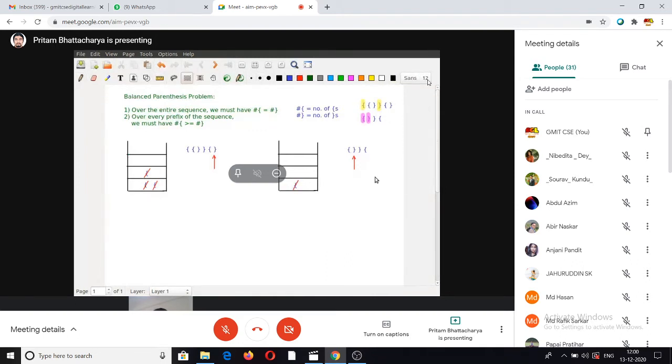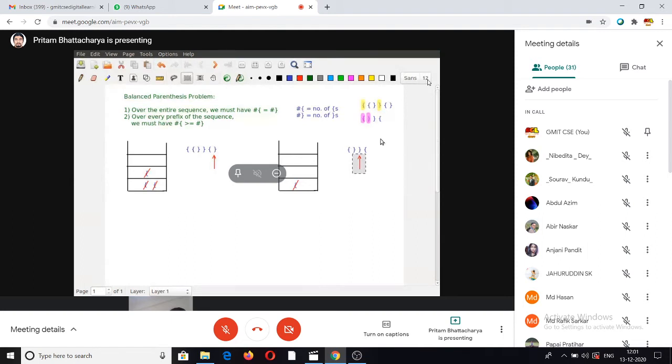Okay, and now something interesting happens. Once I move the arrow, I have seen another closing parenthesis. But when I go back and look at the stack, at this point, there is no opening parenthesis on the stack which I can pop. So basically the stack is empty right now. Once I come to this condition that I am seeing a closing parenthesis, but on the stack there is no corresponding opening parenthesis to pop off, and the stack is actually empty, here I realize that, okay, this must be an invalid sequence.